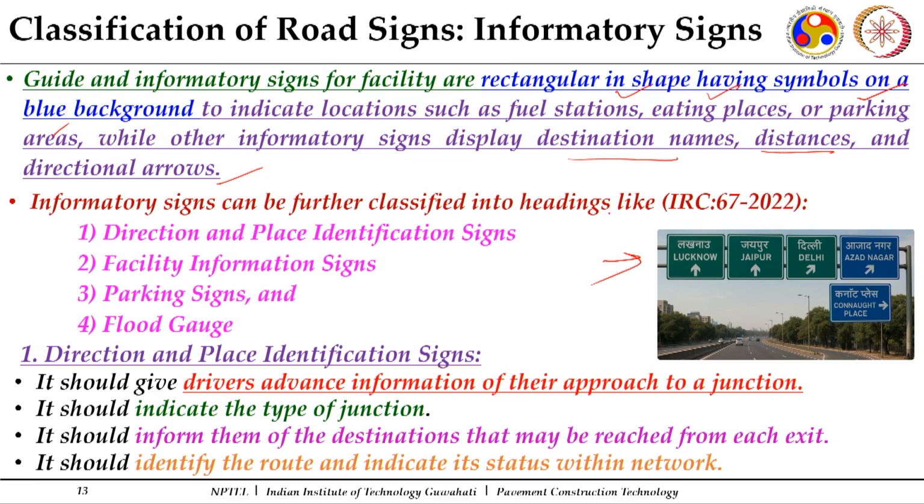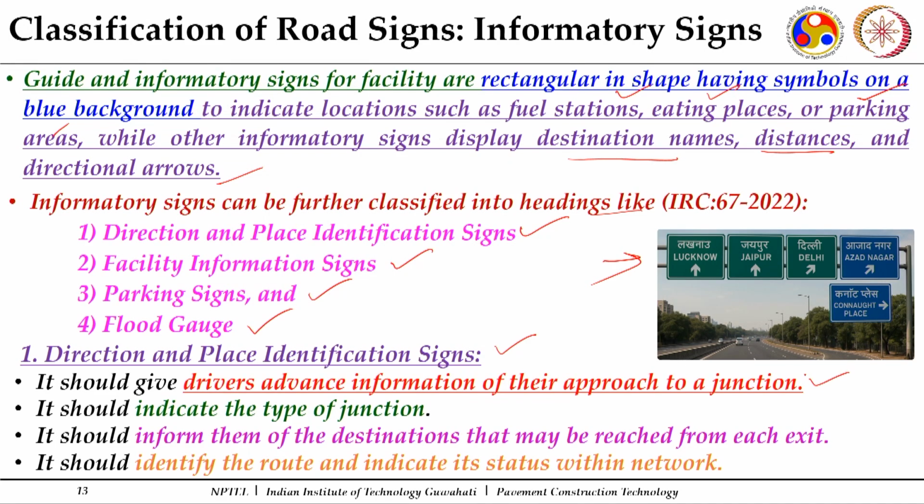Informatory and guide signs can be further classified into certain headings: direction and place identification signs, which give you direction and place information, and facility information, for example restaurants, fuel stations, and parking signs. Even certain locations which can have flood-related concerns are informed through these informatory or guide signs. So when it comes to direction and place identification signs, they should give drivers advance information